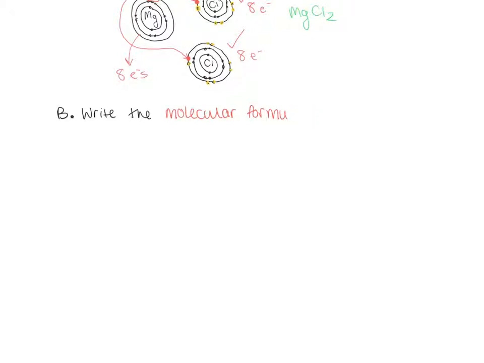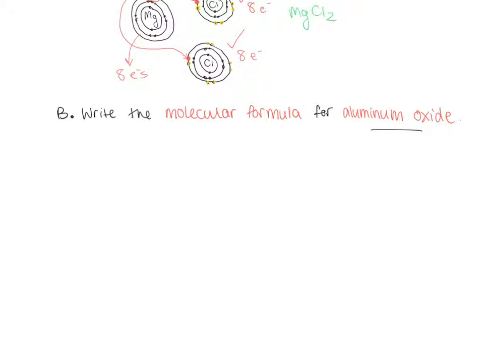Formula. Alright, write the molecular formula for aluminum oxide. So again, here we're given the name aluminum oxide, and we're asked for the molecular formula,